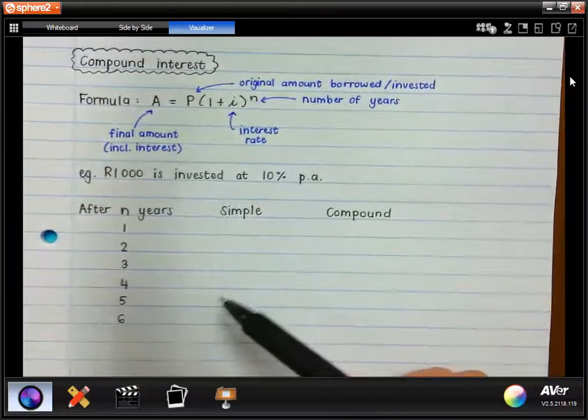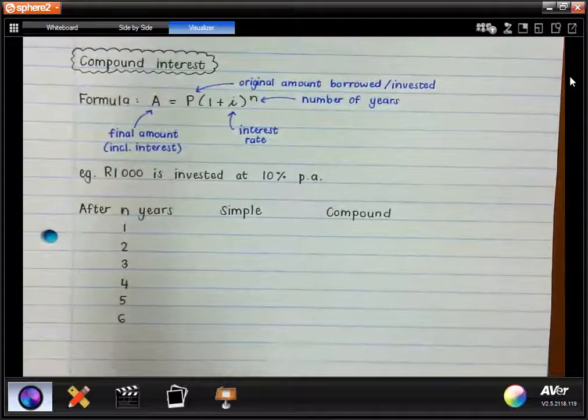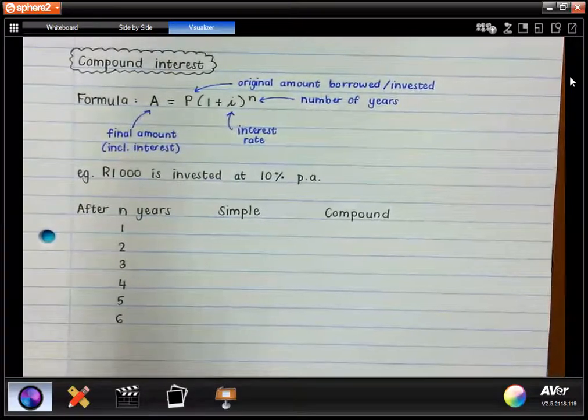Okay, so that we can see what happens if this amount was invested earning simple interest, and then what happens if it was invested earning compound